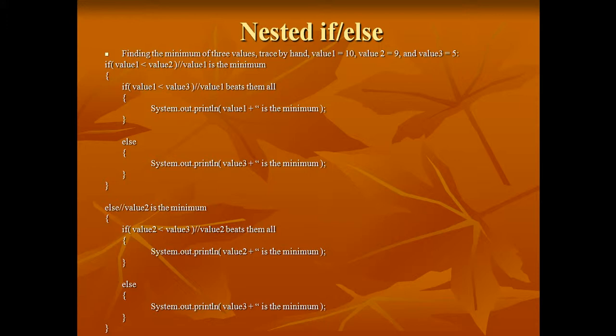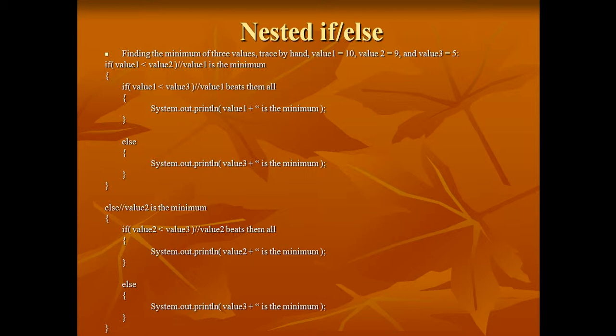So one way we could work out what the actual minimum of 3 values is, we've done this with 2, is we could nest it. And we can make it a little competition. So I compare the first 2 values to see who wins. If value 1 is smaller, then I'm going to compare it with value 3. If value 1 is less than value 3, it's beat them all, so I know value 1 is the minimum. Now, if that didn't happen and value 1 is bigger than value 3, then I know that at this point,